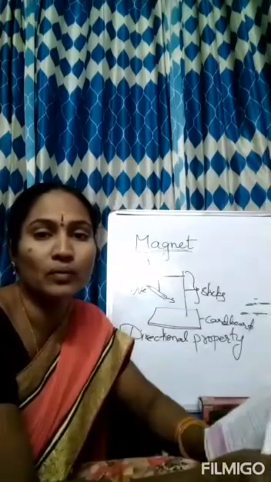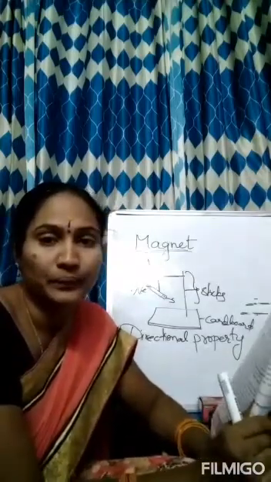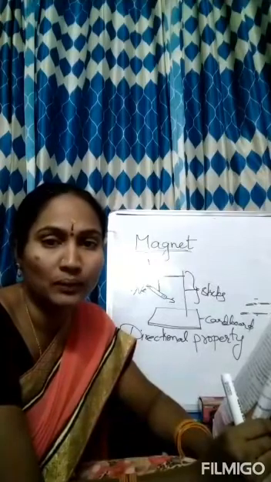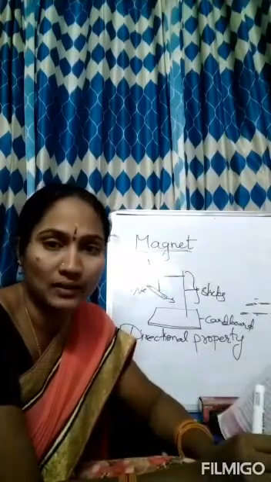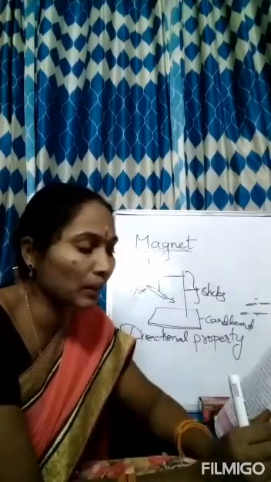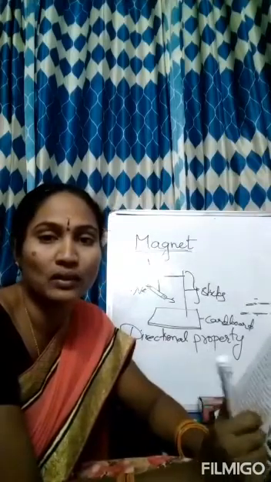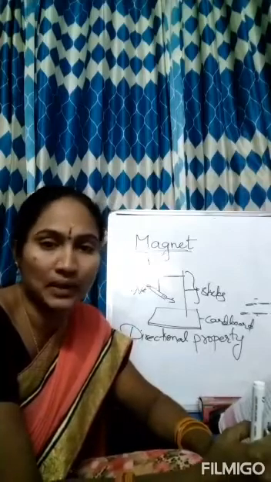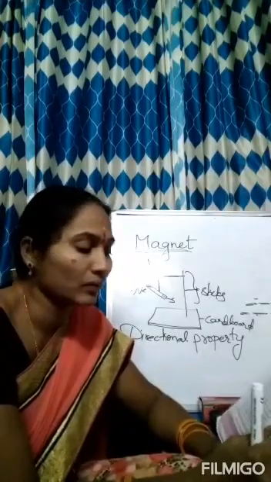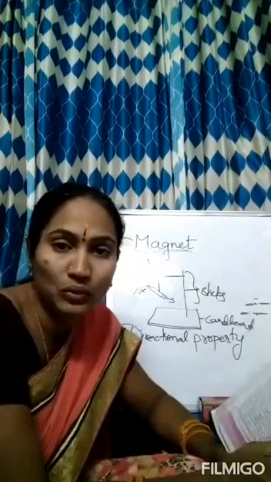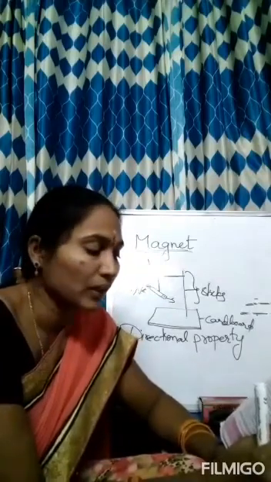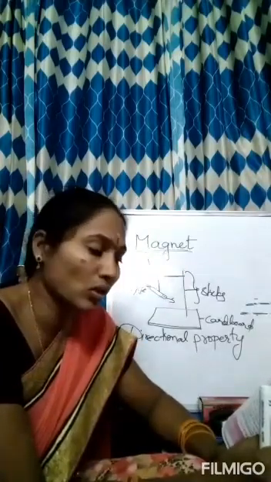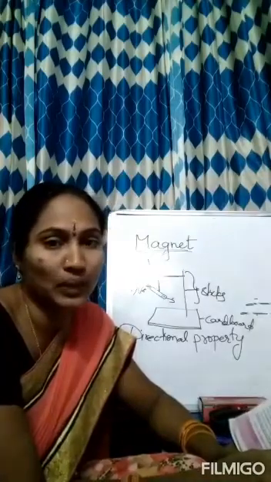So, what is a magnetic compass? It is made with a wooden box and it is covered by a glass. Inside, they will keep a needle which shows the directions. The compass is kept at the place where we wish to know the direction. So what is the use of a magnetic compass? To know the direction. Its needle indicates the north-south directions when it comes to rest.